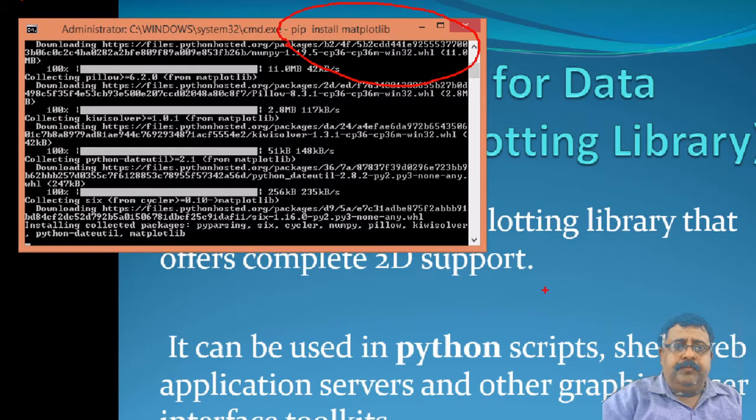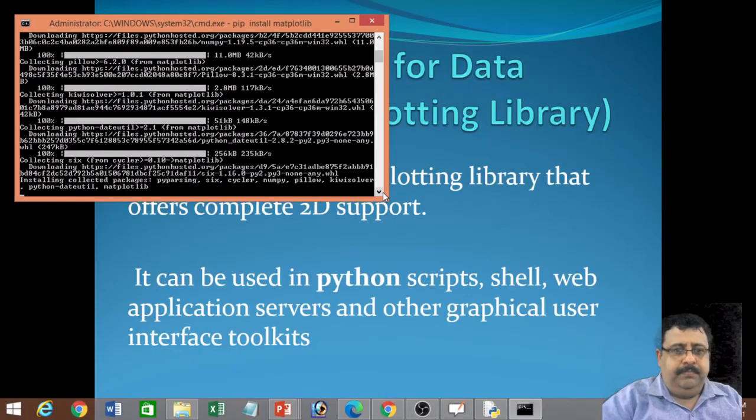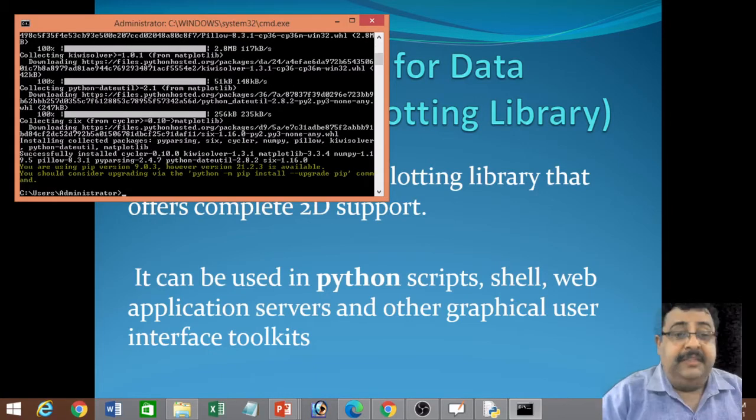So with this command, the matplotlib library will be installed. So now the matplotlib library is installed. Now we can use it.